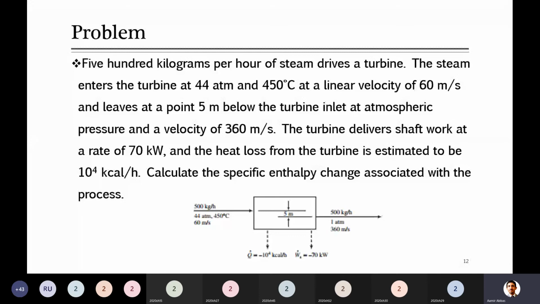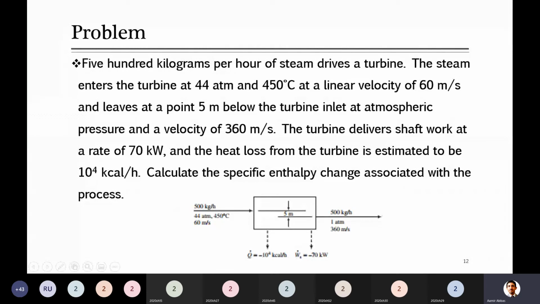Guys, please remember and listen to this point carefully. If something moves upward, for example, the entrance level is ground level. At ground we say, for example, height is 0. So if something is lifted above that point, then we take it as a positive height. But in this case it is going down. Due to this reason I will be taking H2, the new height from where it leaves the system, as the -5 meter point.